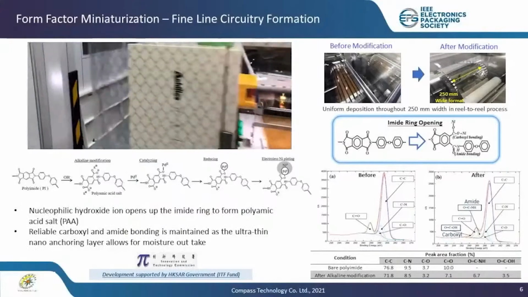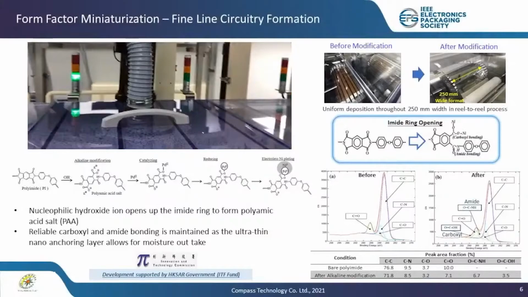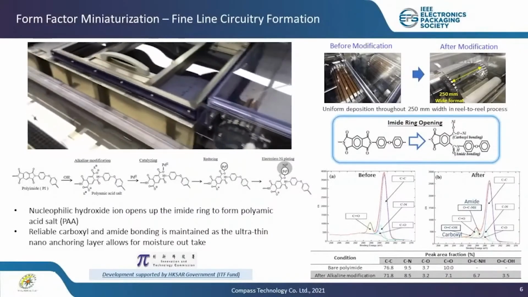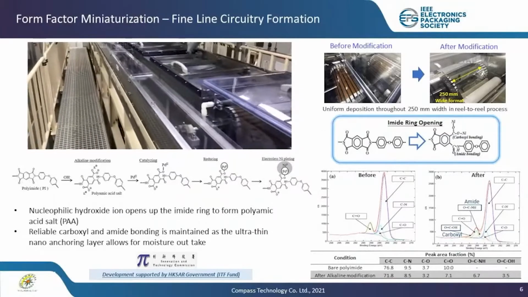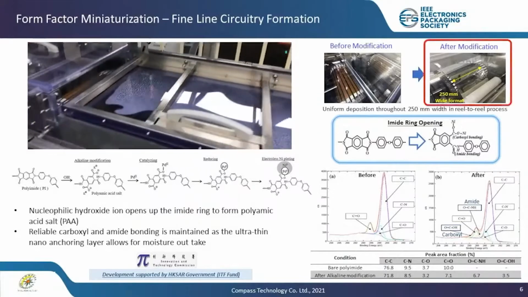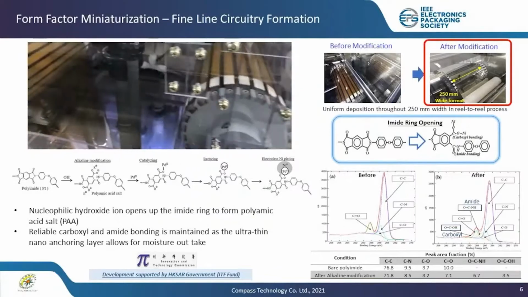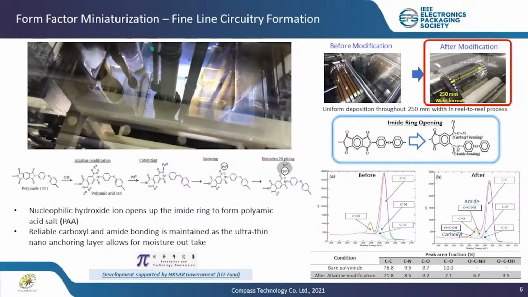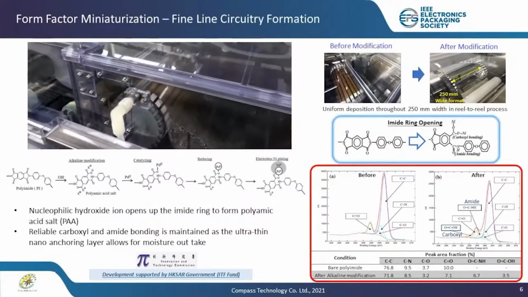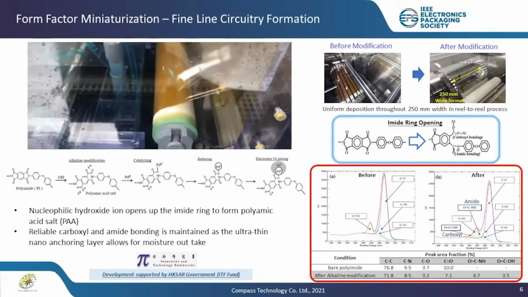Here I would like to introduce a new type of direct metallization material that is able to produce fine circuitry. This material utilizes a unique surface modification technique. As shown in the video, the system here is already commercialized in production of flexible circuits at 250 mm format. First, in the modification process, hydroxyl ions are used to open up the symmetric imide ring, forming a layer of polyamic acid. This PAA layer, containing carboxyl and amide bonding formed after the modification process, can accelerate the palladium absorption rate as well as act as a catalyst to facilitate metallic bonding.